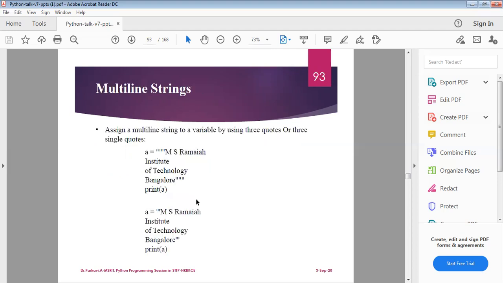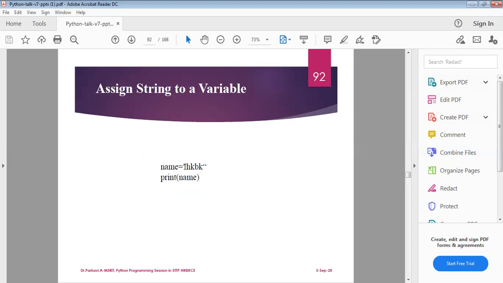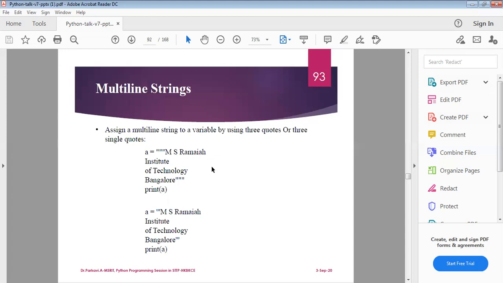Now the next one, multi-line strings. In the previous examples, how many lines are there? One line, one line, one line. Suppose your string content is of multiple lines. Here, A equals, assign a multi-line string to a variable